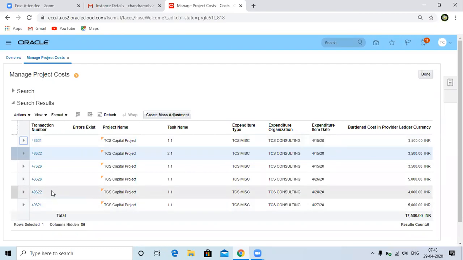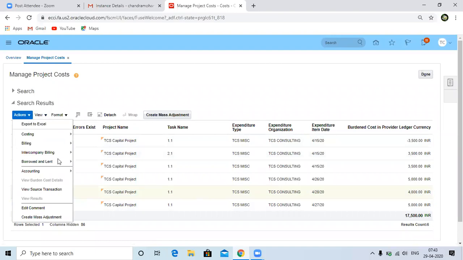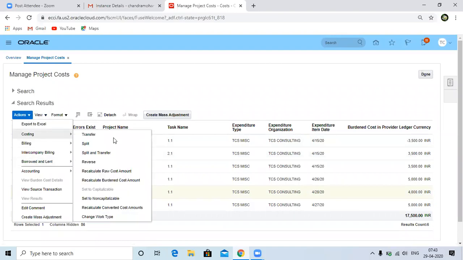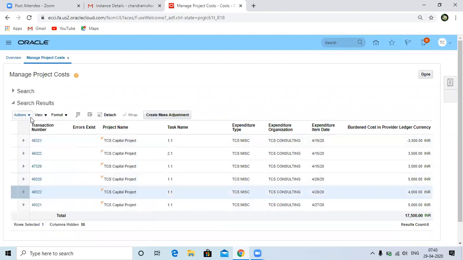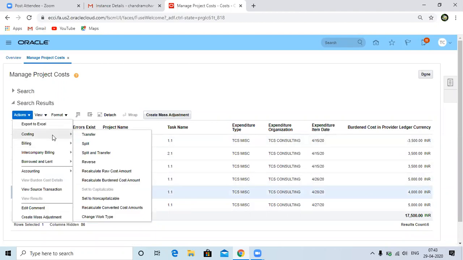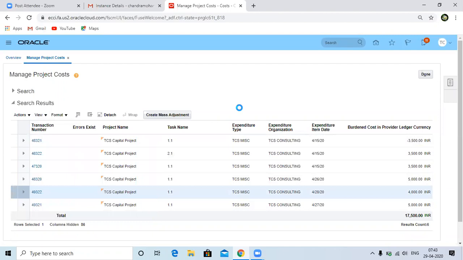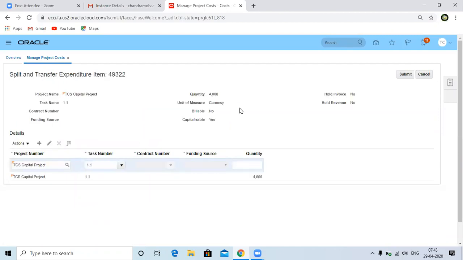Similarly, you can go to the other transaction, go to actions, go to costing, and click on split and transfer. Here, you specify how much you want to split for one task and how much for another task.